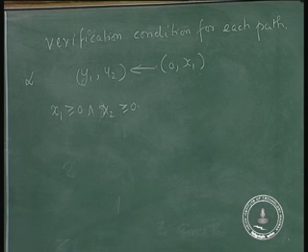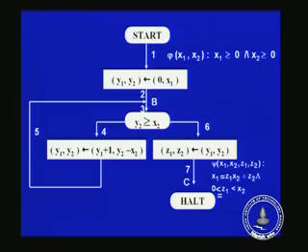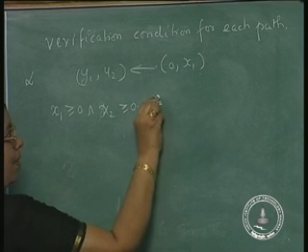If this is true before this statement is executed, what should be true at this point? That is what you have to write. At this point y1 takes the value 0 and y2 takes the value x1, and the inductive assertion at this point is P(x1, x2, y1, y2). Replacing y1 by 0 and y2 by x1, what is that? So, this should imply